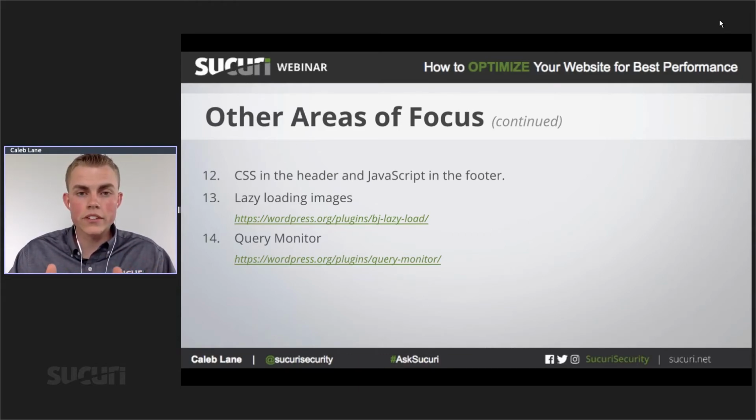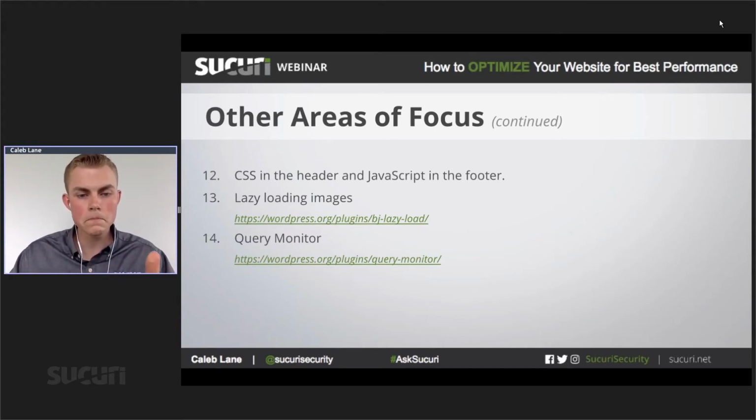The next part here is lazy loading images. What that means is, say for example, you have 100 images on your site, but when a visitor loads your site, only 10 images are within the visual view of the screen for that visitor. Lazy loading would only load those 10 images initially, and then as that user scrolls down and more images come within view, it would load those images, but not until then. If you have a lot of images on your site, it can be beneficial for your performance, but if you just have an average amount of images, it's generally not something that would